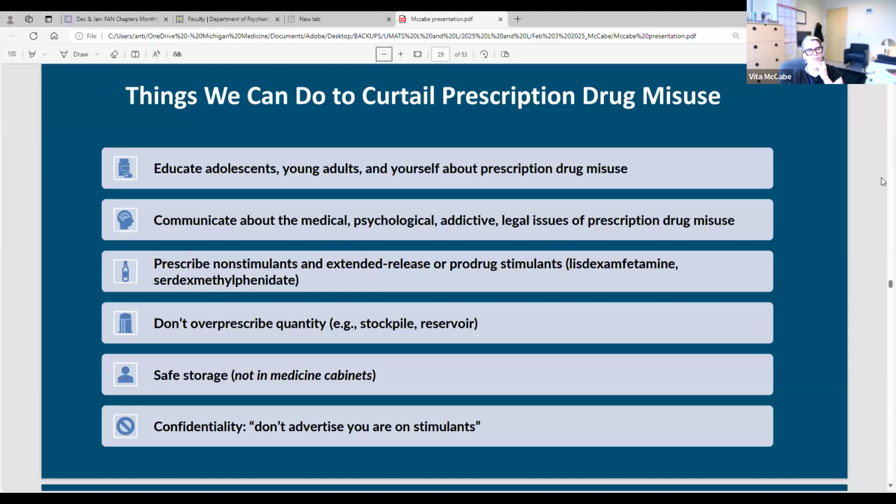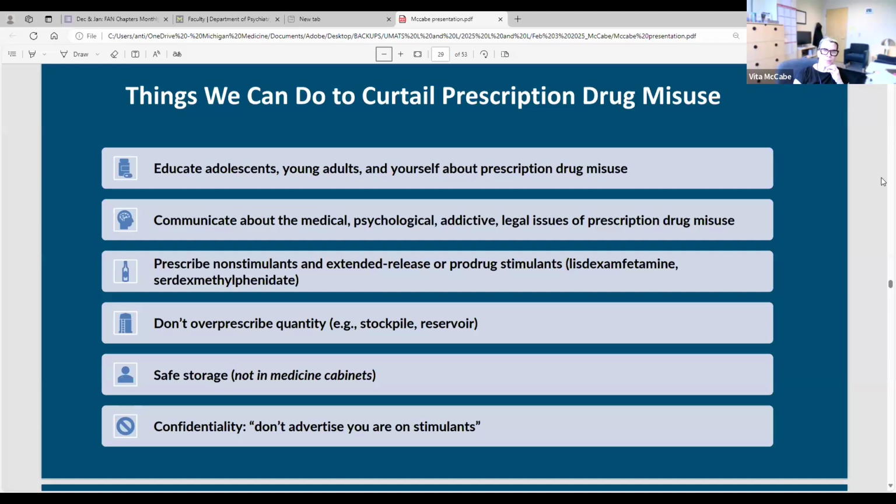Communicating about the medical, psychological, addictive, and legal issues of prescription drug misuse. Really, in the setting of an active substance use disorder, try non-stimulants or extended-release prodrug stimulants. Not over prescribing, and we'll get into this in a minute, looking at some of the COVID data. To minimize risk, if we have a trial of a medication that's really not a good medication, I'll ask patients to bring in that medication